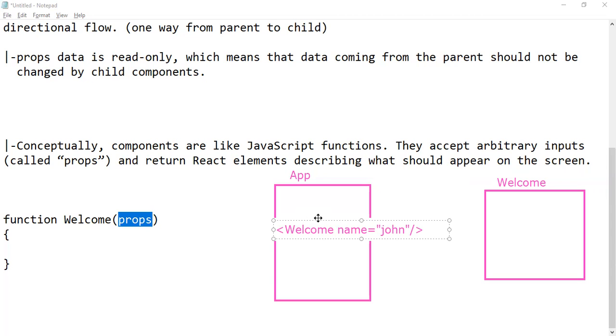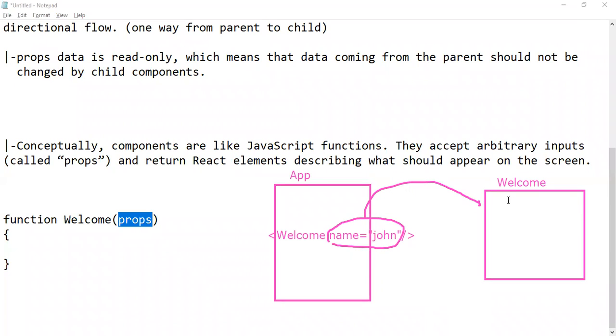John is the value. So here the App component is populating the Welcome component, and the App component is passing some information to the Welcome component. So we are passing the information from the parent component to the child component.